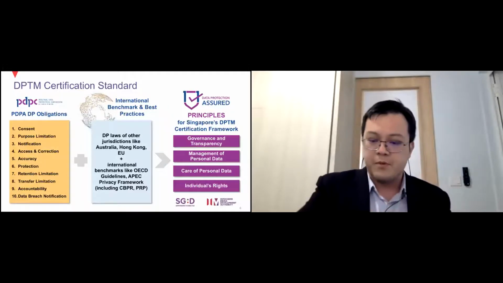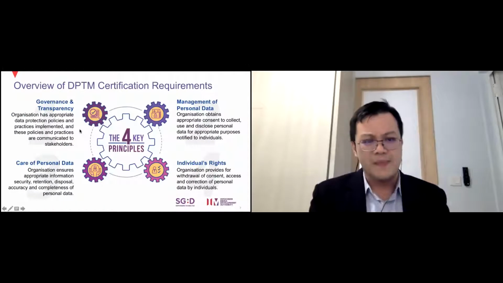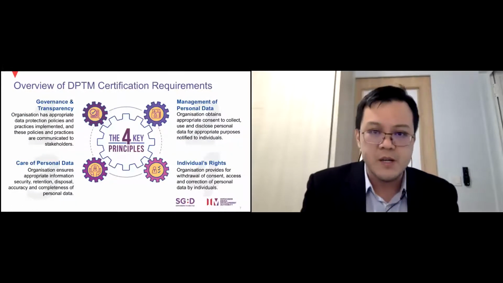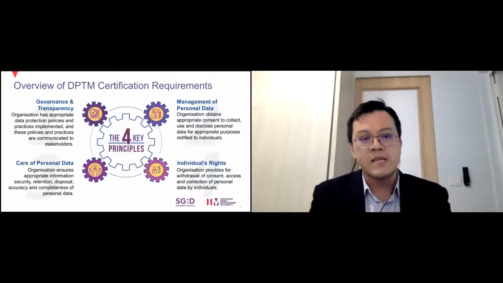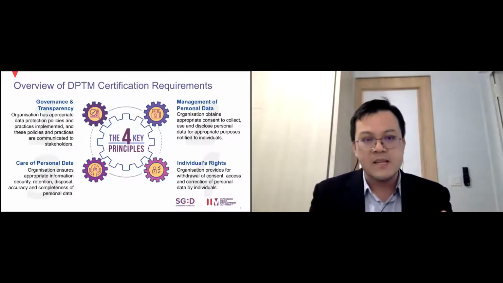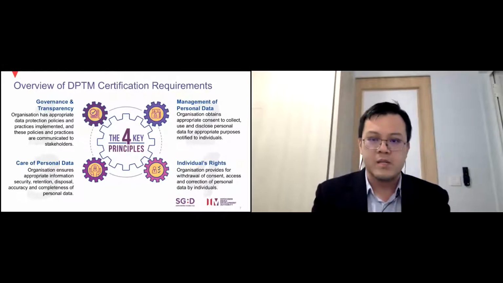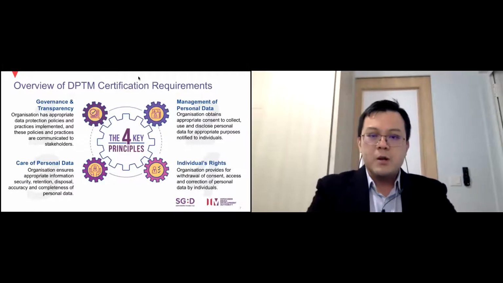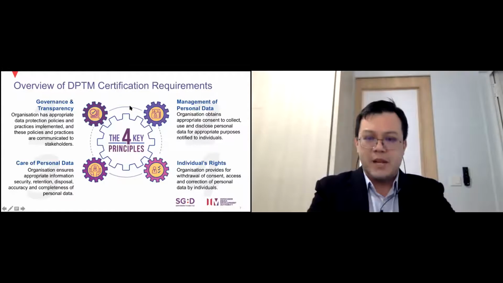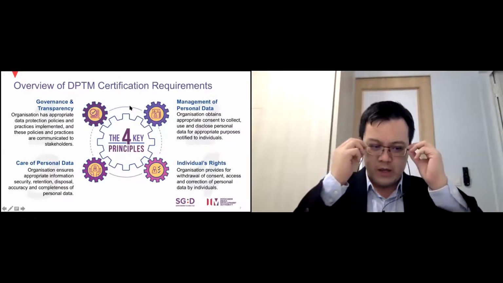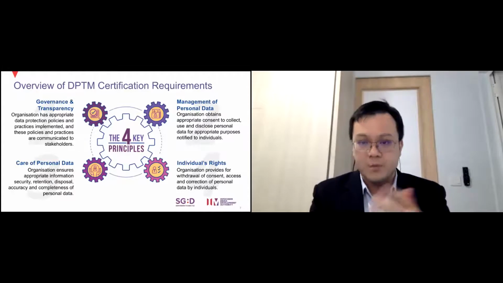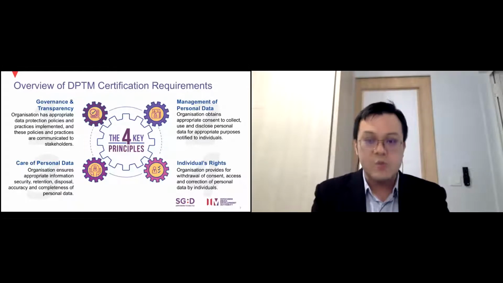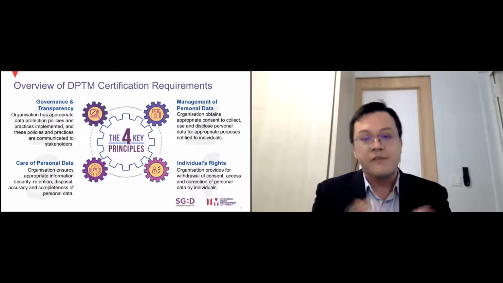with 4 key principles. Okay, and they are: number 1, governance and transparency. Whether the organization has the appropriate data protection policies and practices implemented, and whether these policies and practices are communicated to stakeholders. Number 2, we're looking at the management of personal data, where we assess whether the organization has mechanisms in place to obtain the appropriate consent to collect, use, and disclose personal data for the appropriate